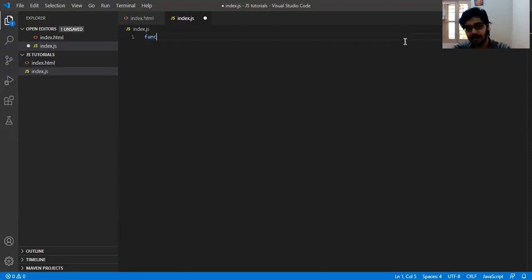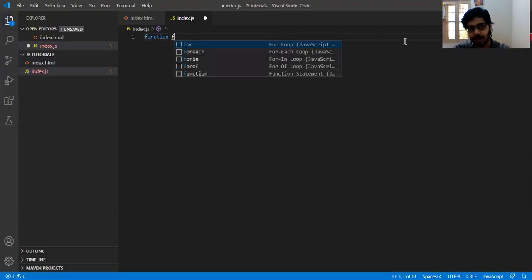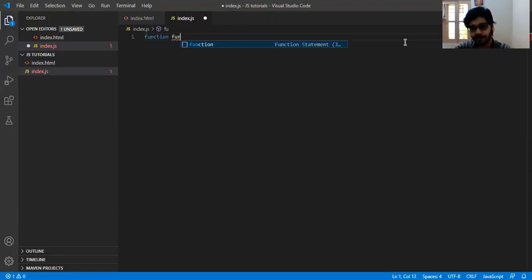So let's define a function called fun. For the time being, I will give it an empty body. Now, in order to add properties to this function, I will be using the prototype property of the function object.